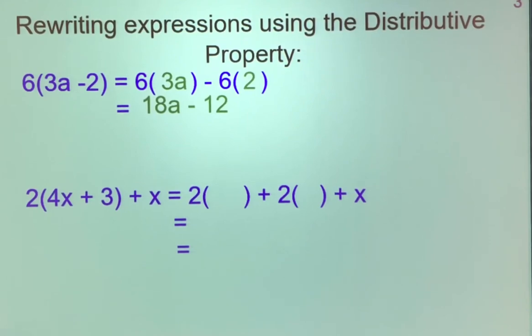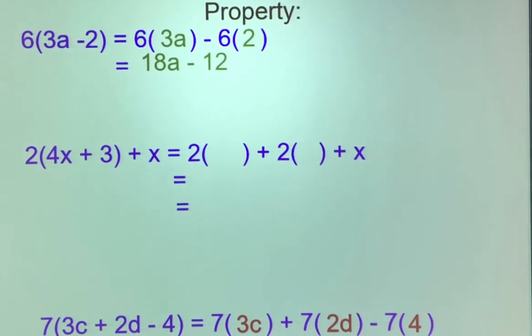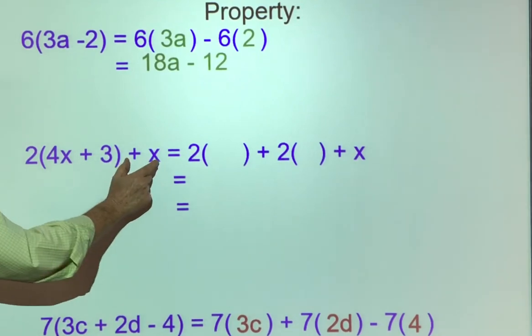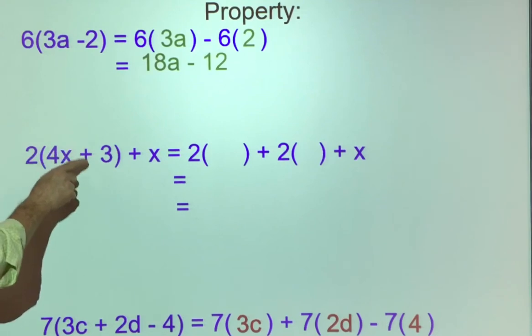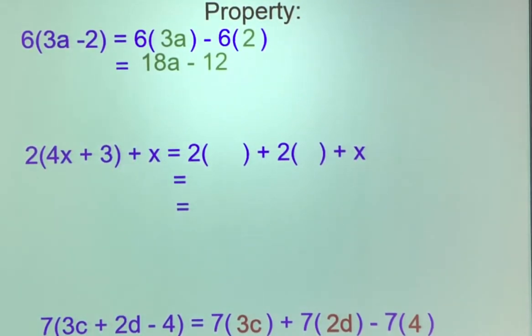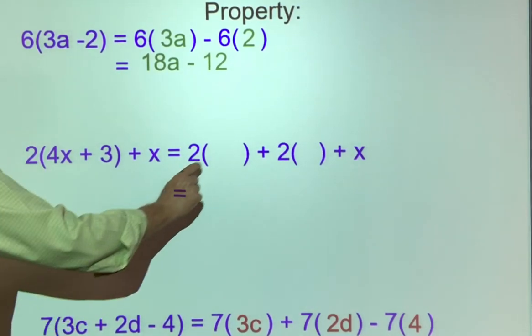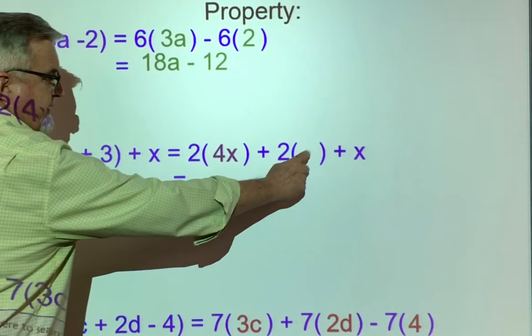Take a look at this next example. It says 2 times the sum of 4x and 3, plus x. If you notice, if we're paying attention here, we notice that this second x is not inside the parentheses. So this 2 is not going to distribute all the way down here. It only distributes across what's inside the parentheses. So when we rewrite this one using distributive property, we're going to say 2 times 4x plus 2 times 3,